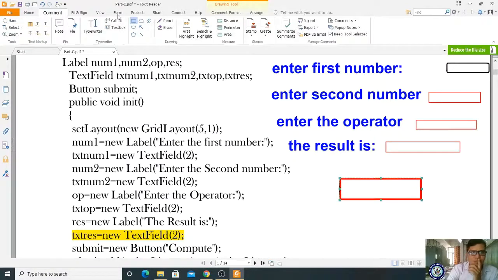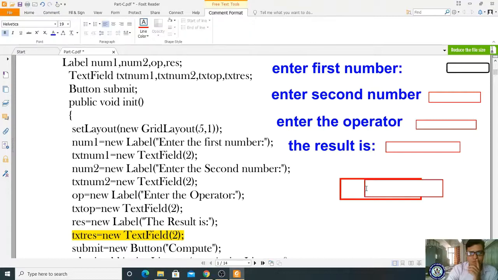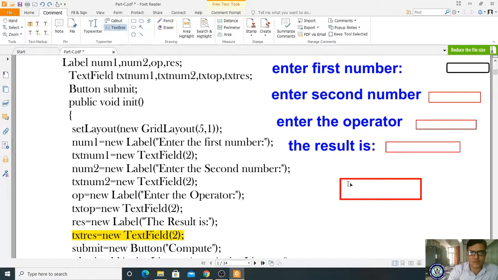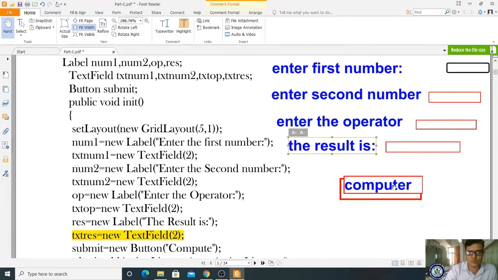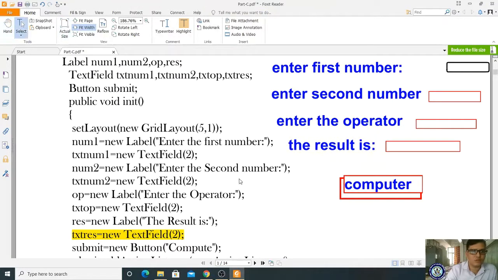Okay, here it will display the text as, just a minute, here it will display the text as compute. Okay, it will appear as compute. Clear? Yes. Now just understand.